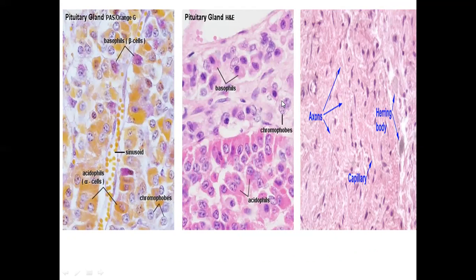And let's talk about the pars nervosa. In the pars nervosa, there are axons, these pinkish threads. Between the axons, these nuclei represent the pituicytes, and these dilated ends, fluid or secretion filled dilations of the axon endpoints, are termed Herring bodies. We will see this further ahead as well.